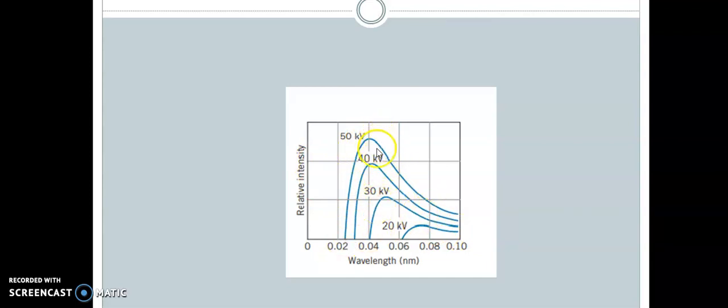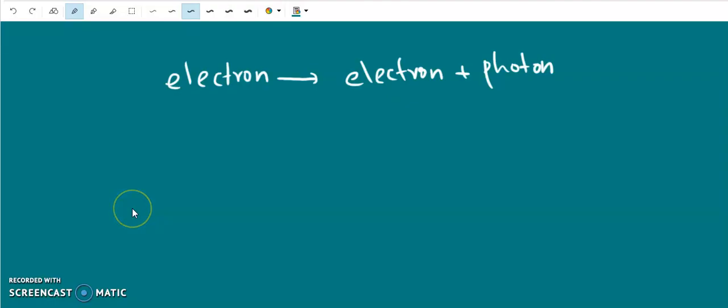We do not see a discrete line, but a continuous spectrum. We can represent a Bremsstrahlung process symbolically like this: an electron having a higher energy K hits an atom, then it is converted into a lower energy electron having energy K prime, and a photon having energy equal to the energy difference between the initial and final electron. So this has energy K, this has energy K prime, and this has energy K minus K prime. So the law of conservation of energy is satisfied.